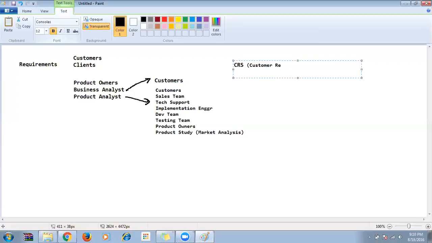Customer Requirement Specification. This person will convert that into a Software Requirement Specification.